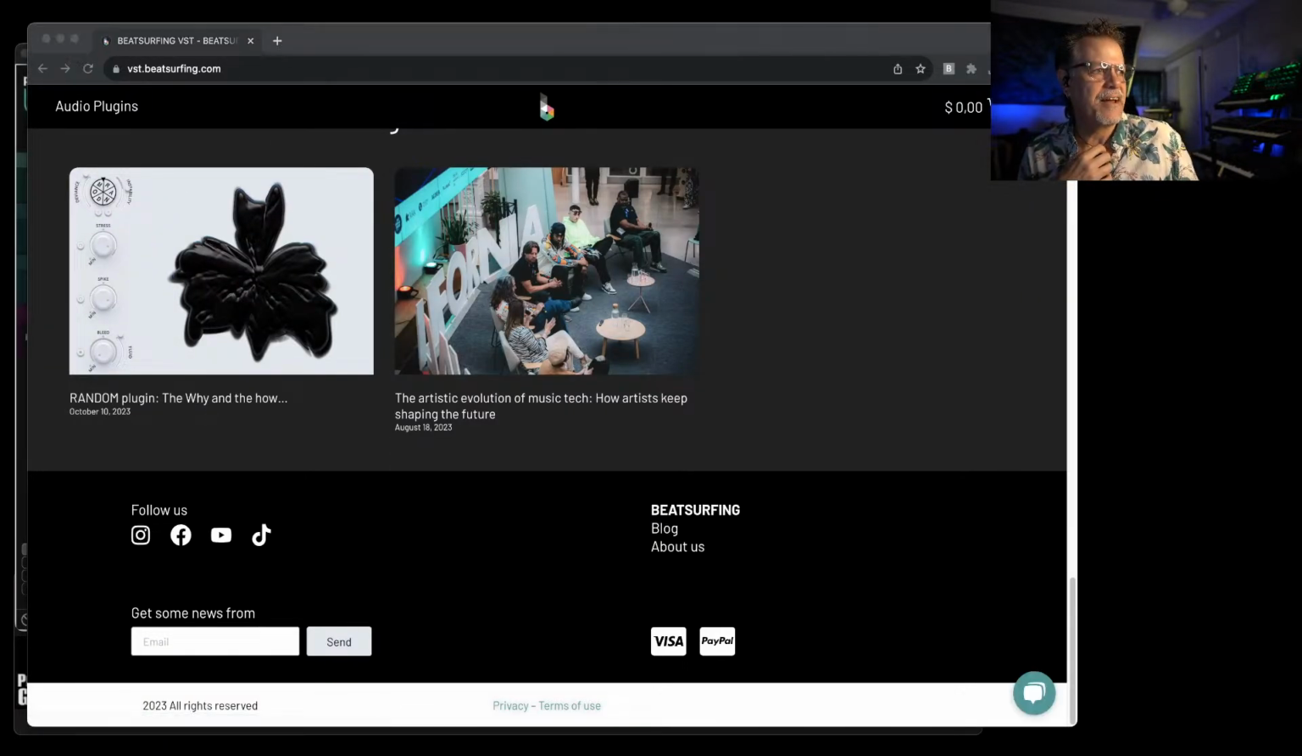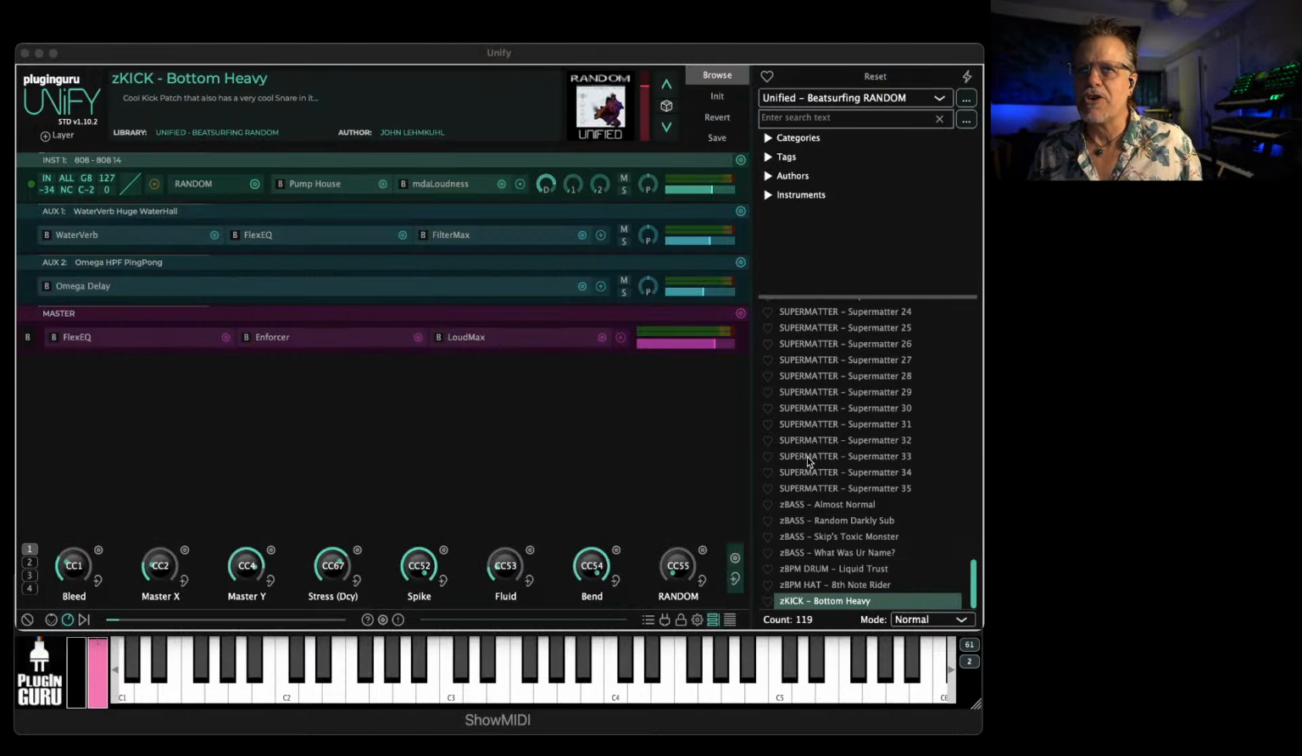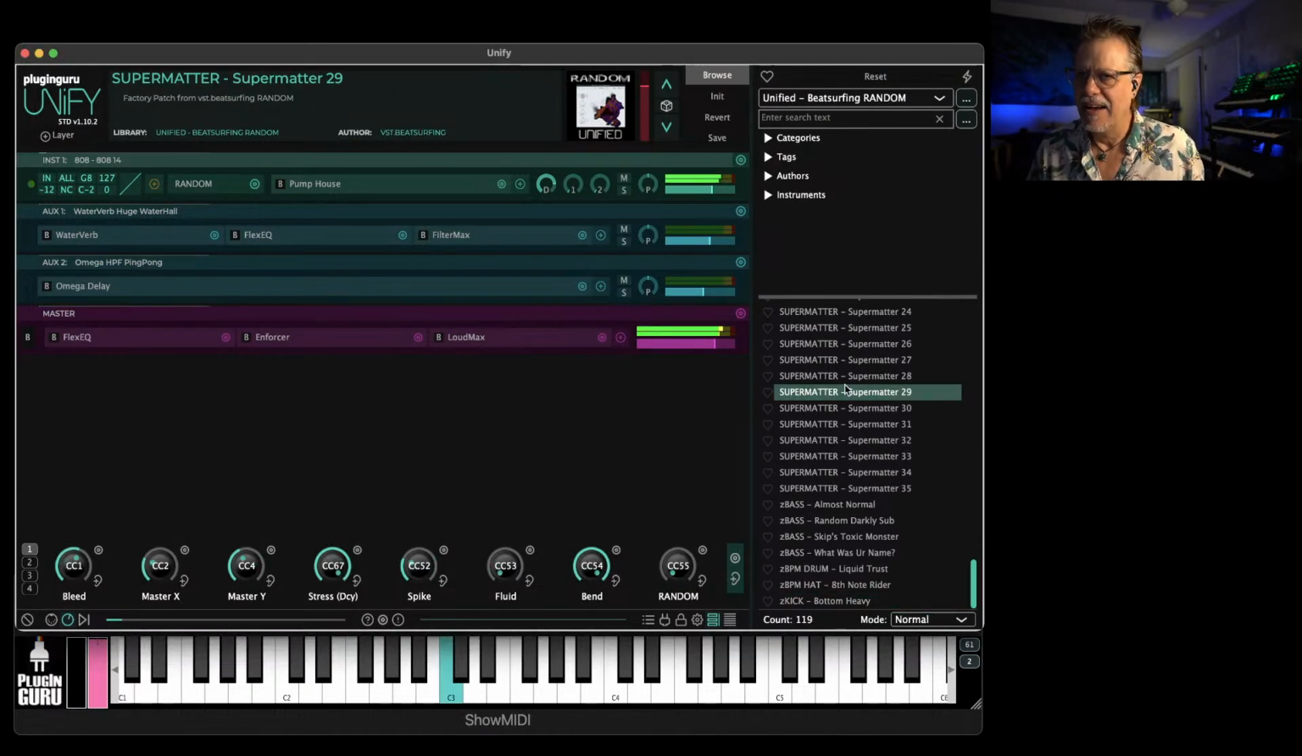What do you guys think? Is this kind of cool? Yeah. I hope I don't get nightmares later. You might. It does. When you get into these super matter patches,